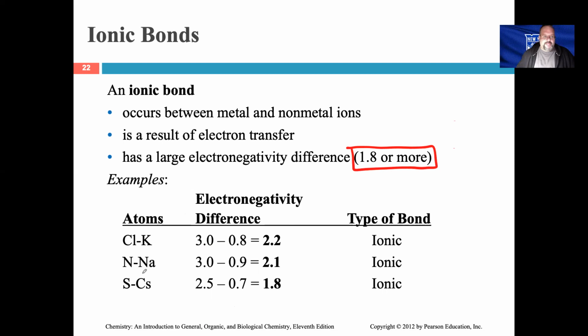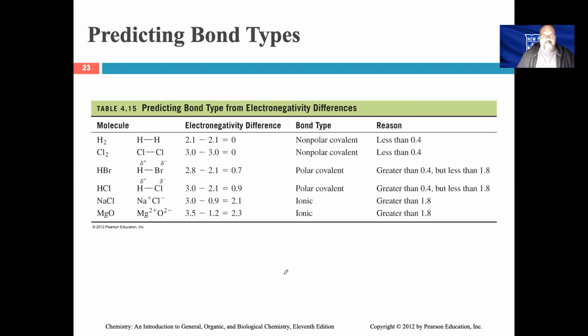So each of these bonds here, even though they draw dashes, which I don't know if I really agree with, would be ionic. Even though we know metal, nonmetal should be ionic, the electronegativity difference being 1.8 or larger really speaks to the fact that these are ionic bonds. And then on the last slide here, they just give you some examples of different bonds, picking the type of bond it is, whether it's nonpolar covalent, polar covalent, or ionic, and the reason behind it. And basically, it fits into the discussion that we